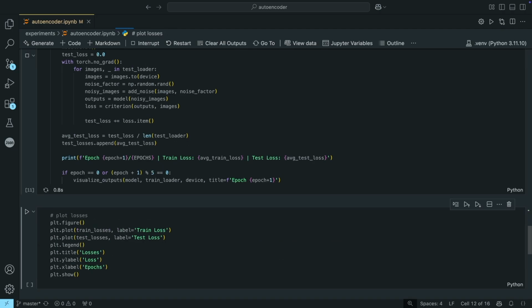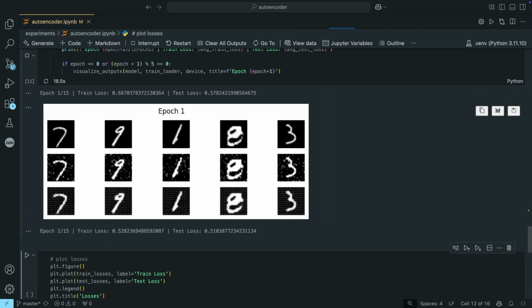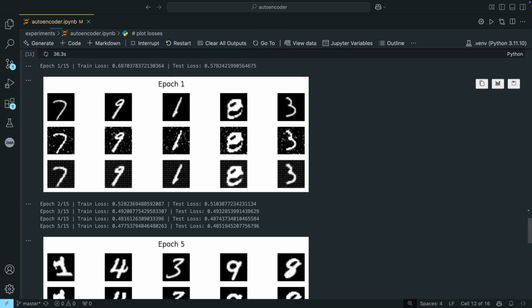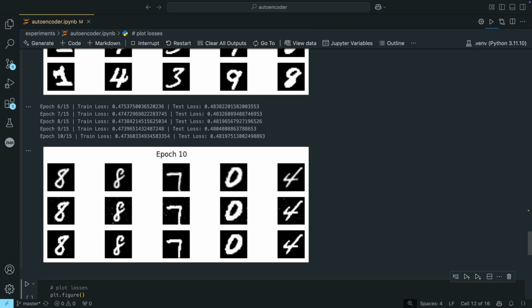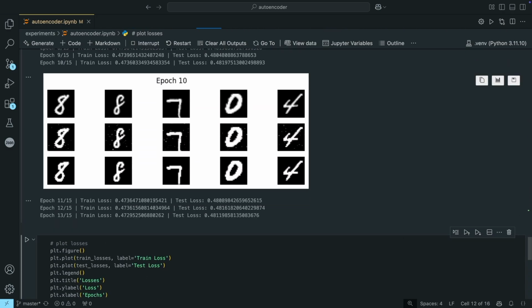And now to save time, I'm speeding up the video during the training process, and we can start seeing some visualizations. We can see that we have one in epoch 1, 5, 10, and also at the end